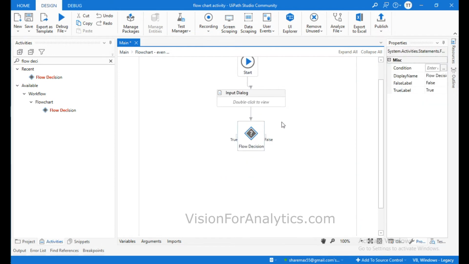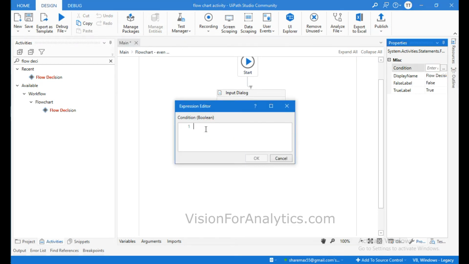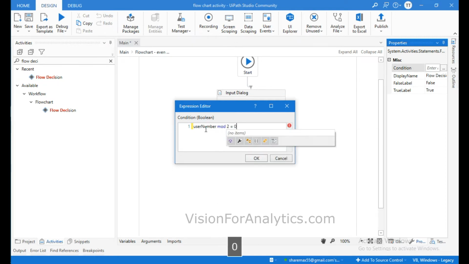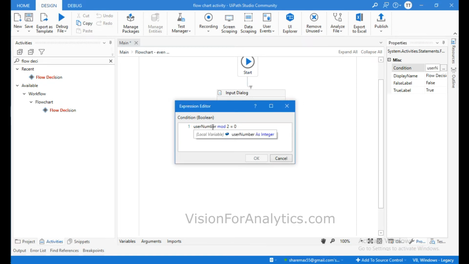In this flow decision activity, I am going to write the condition. Click on these three dots and write the condition as user number mod 2 is equals to 0. Whenever the user given number is divisible by 2 and gives the remainder 0, then it will be considered an even number. And whenever the user given number is divisible by 2 and gives the remainder 1, then it will be considered an odd number. Okay, so click on OK,